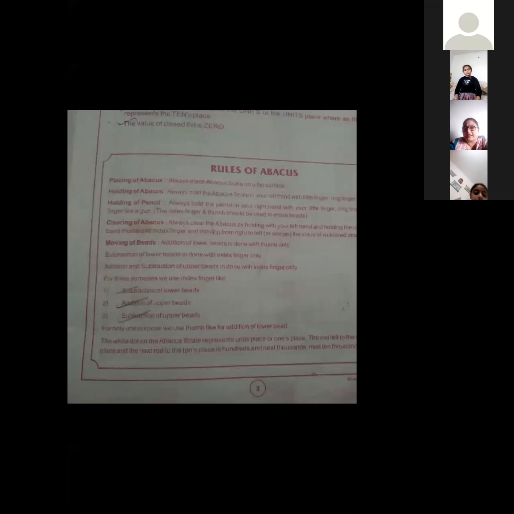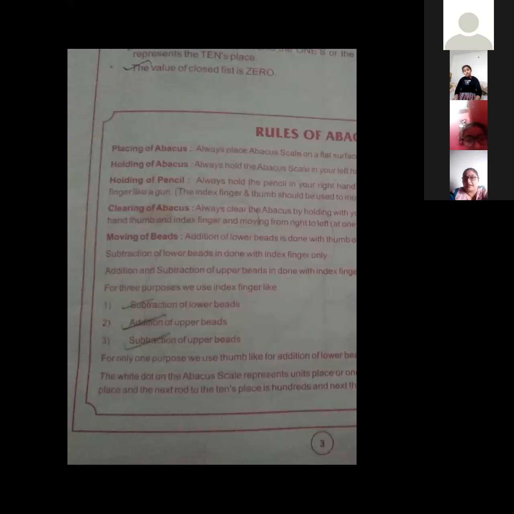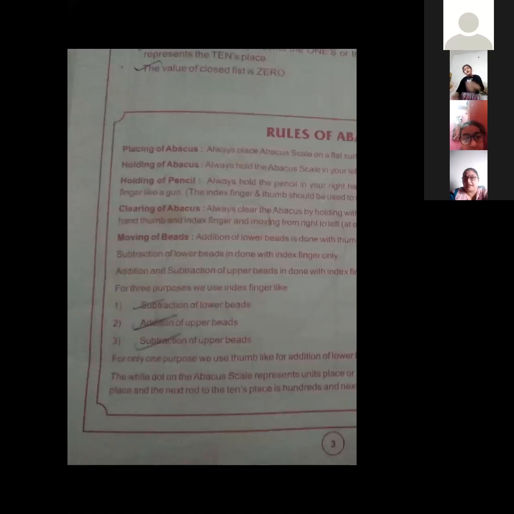I already said this is the rules of abacus. Once I had shown, again I'm showing you. This I have sent you, but I think you have forgotten. So Taruna,